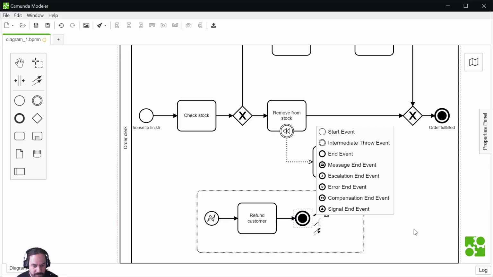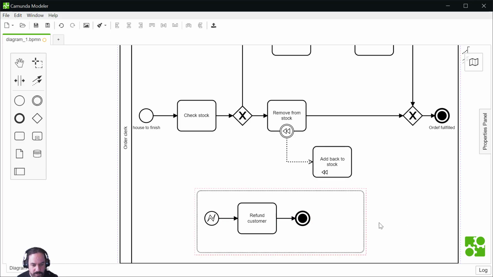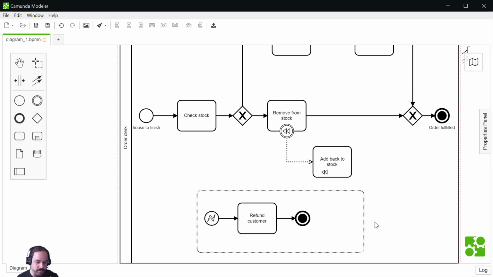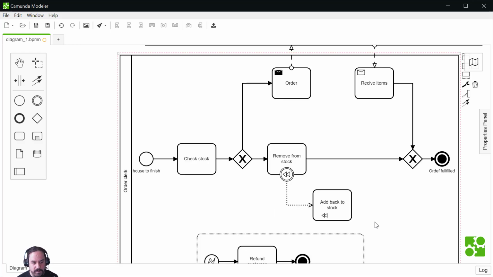Voilà. So now what will happen is that if there is any error, we will interrupt the process, we'll refund the customer and interrupt the process. So now I did manage the error at a global level. If we did remove something from the stock, then we'll add back to stock.